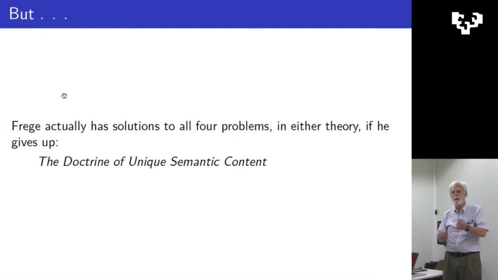What are the four problems? Hesperus is Phosphorus: you still learn about names. You don't learn from Hesperus is Hesperus. Hesperus is Phosphorus: you learn about astronomical facts. If you know the senses, you don't learn from Hesperus is Hesperus. The problem he couldn't solve: Hesperus is the second planet from the sun. You learn something different than from Phosphorus is the second planet from the sun. And whatever the fourth problem is.